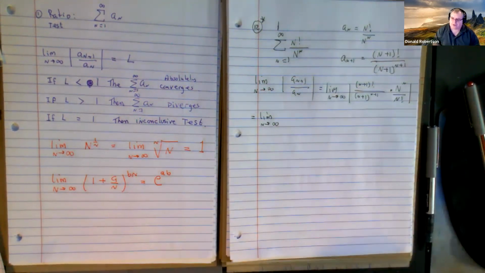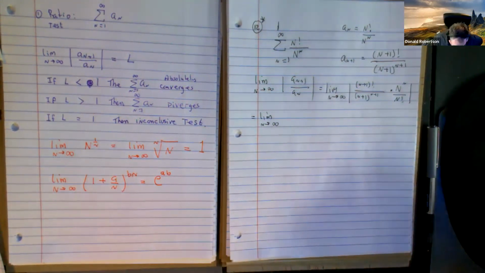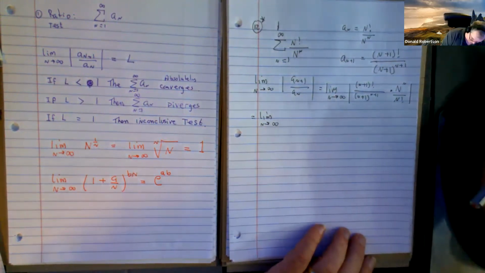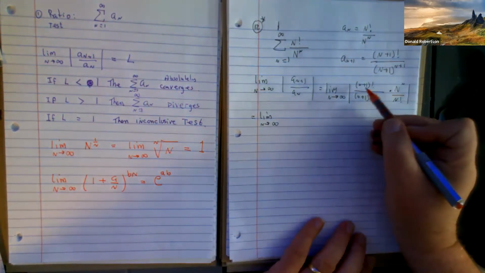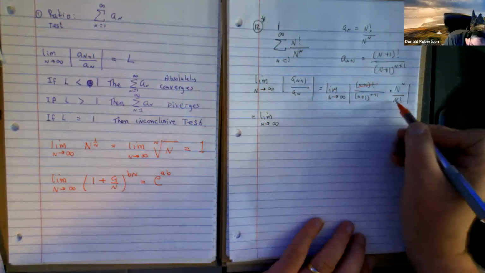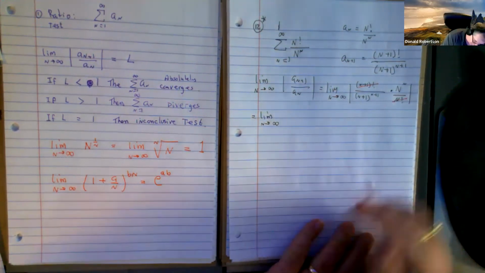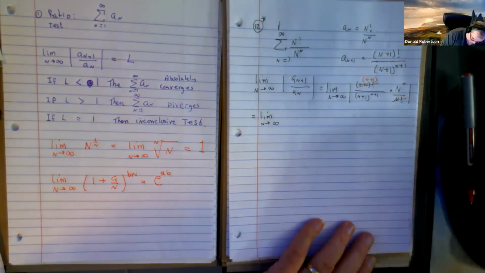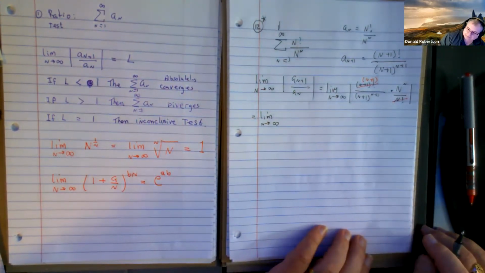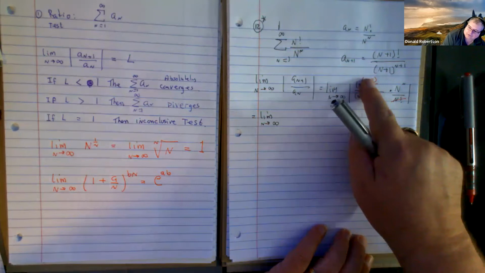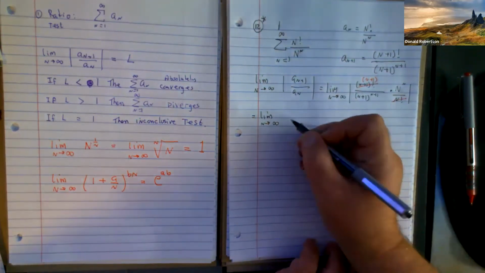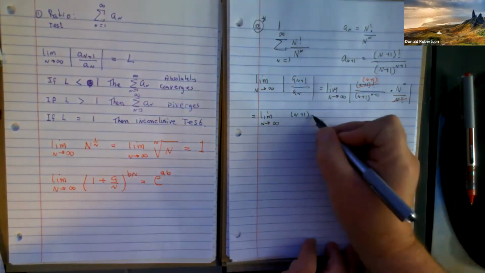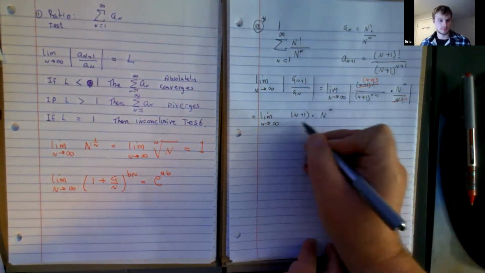Everybody is positive, so I don't need the absolute values, but I do need to do some cancelling, and there's not that much direct cancelling I can do. Would you agree that that n plus 1 factorial cancels out that n factorial, and that leaves me with an n plus 1 factorial on the top? Are you comfortable with that cancel? Right. So now we've got n plus 1 times n to the n